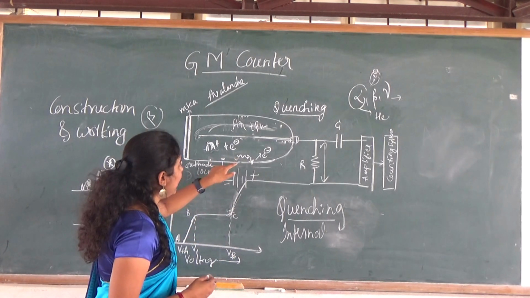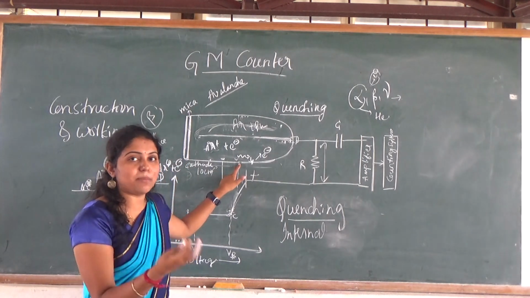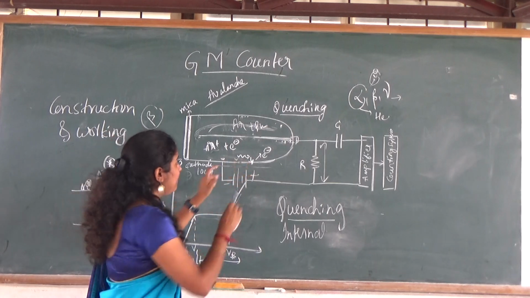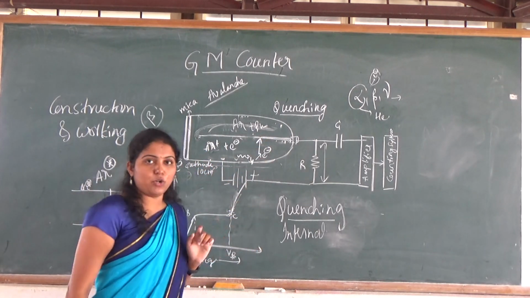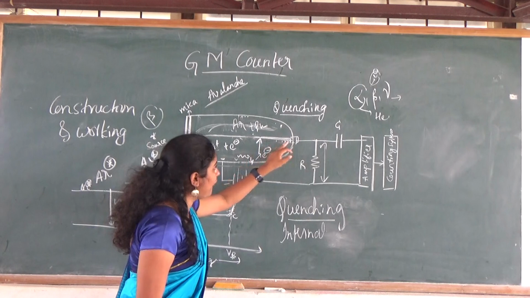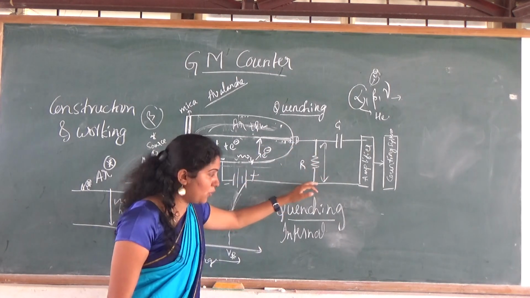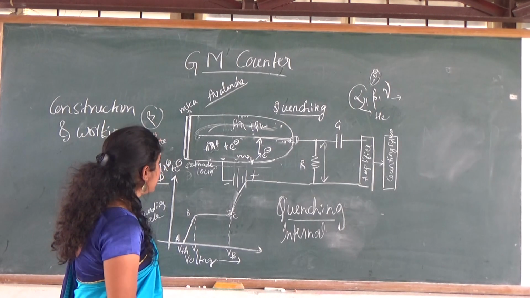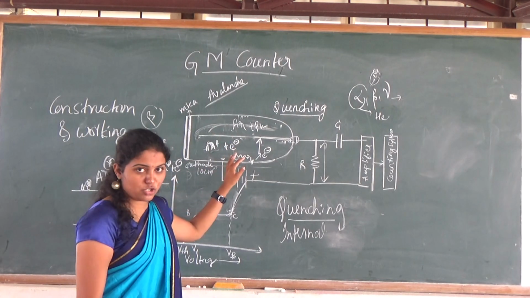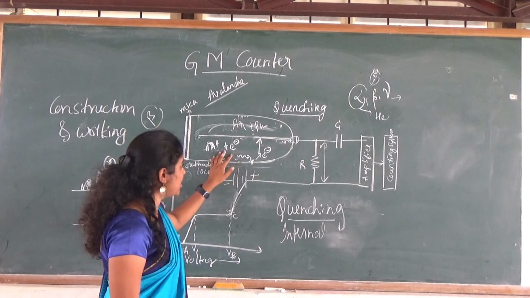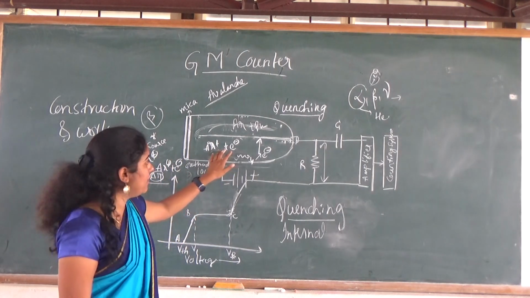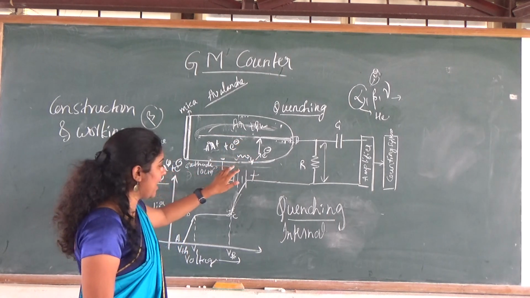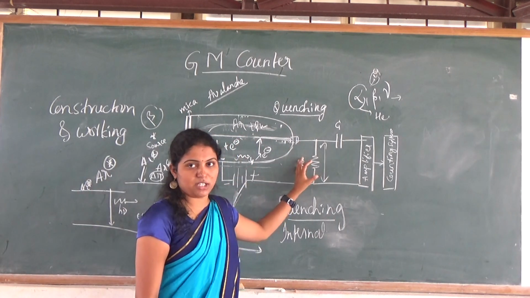That photon may hit the cathode again. There may be emission of an electron, a photoelectron, that may go towards the anode wire and that may affect the external count. We know how we detect the radiation here. As long as the radiation enters the tube, ionization occurs. Because of the ionization, ion pairs are formed. Because of that, the ion pairs will move towards the cathode and anode. That will affect the external count, right?